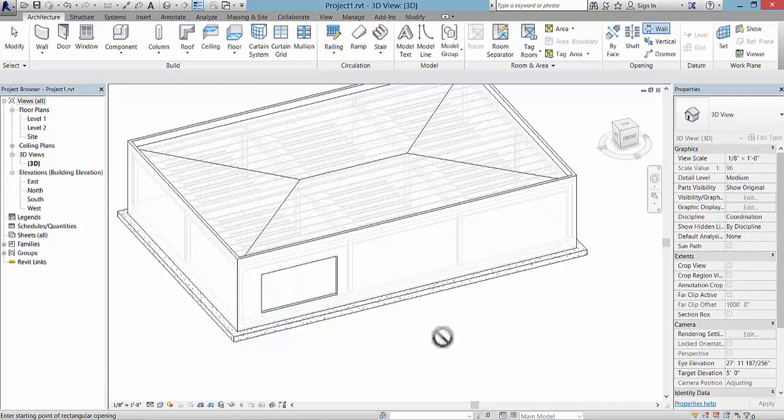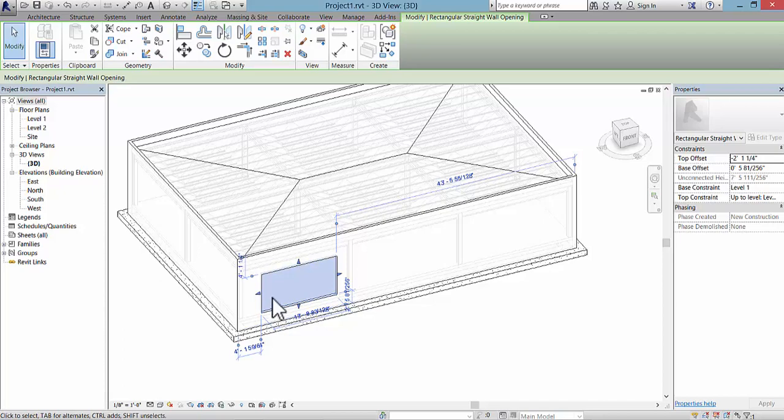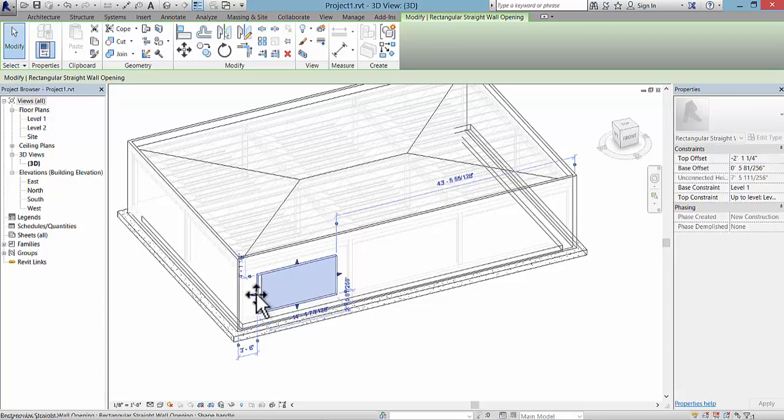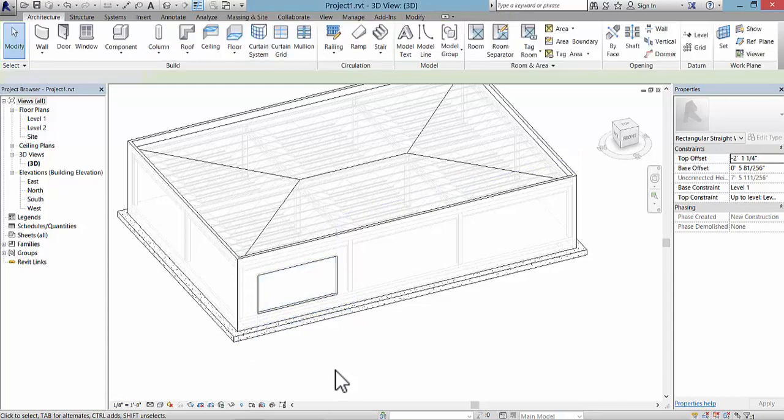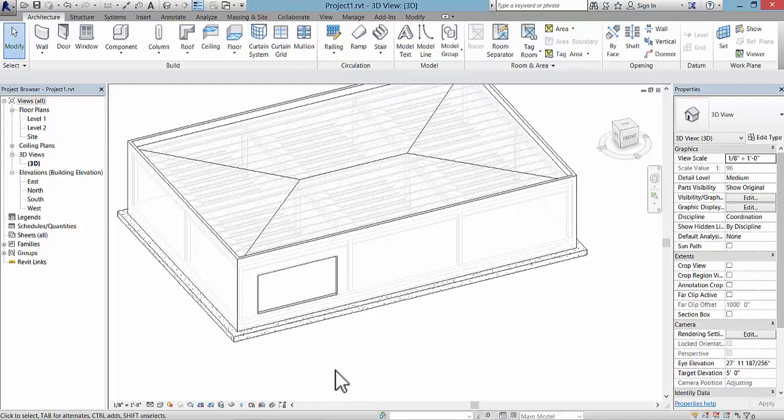And you have an opening that you can now, using your escape key, get out of that mode. You can now change that opening with these blue grips and delete it, and the whole wall will reappear. So with this opening, we can now create this kind of glass in here that would be the curtain wall storefront type of glass. So we could do that for all 3 of them, or wherever you'd like in your design. You can even make the whole wall a curtain wall if you'd like,